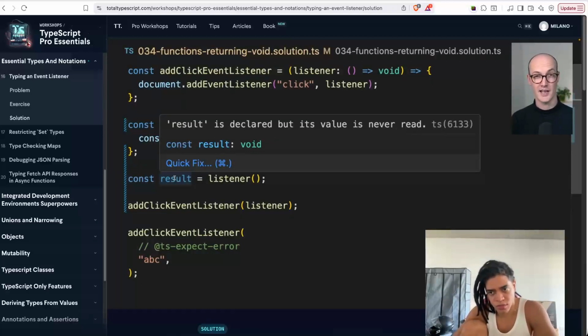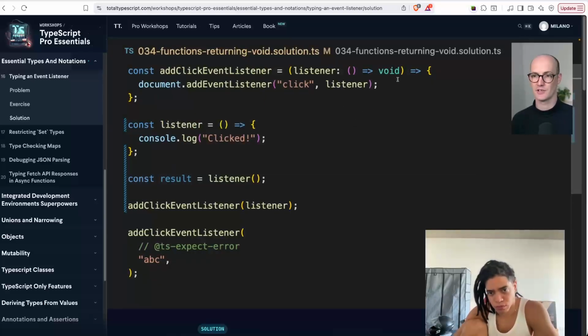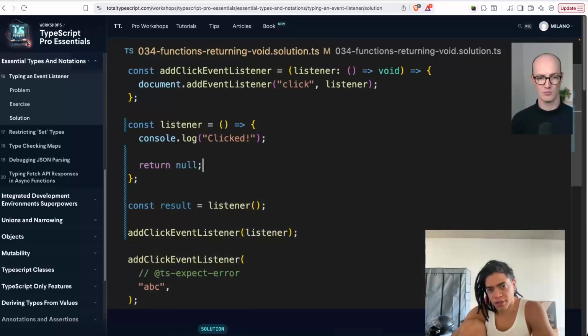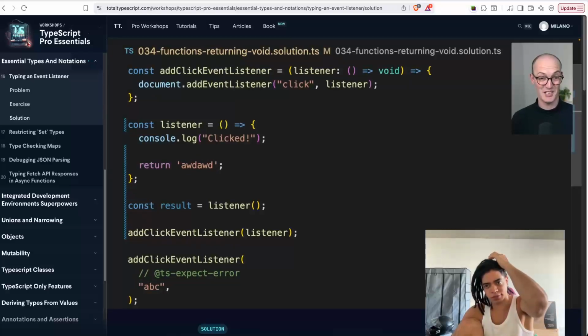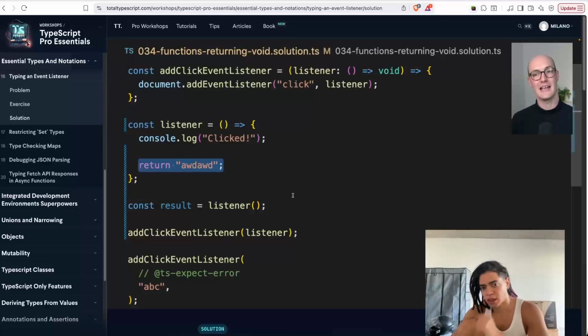And what void says is basically nothing is ever going to be here. Not the value of undefined, but nothing, nothing, nothing. So void is a really nice, useful type for situations where we want our function to return nothing. Again, I think they relax some rules here. Returning null is absolutely fine. You can actually return anything you want from this, but the point is that it will be ignored by